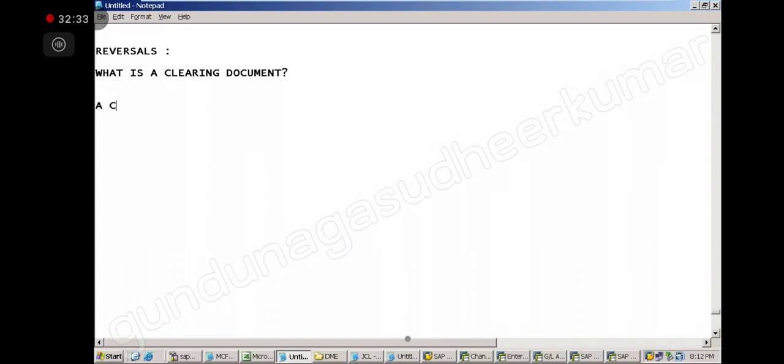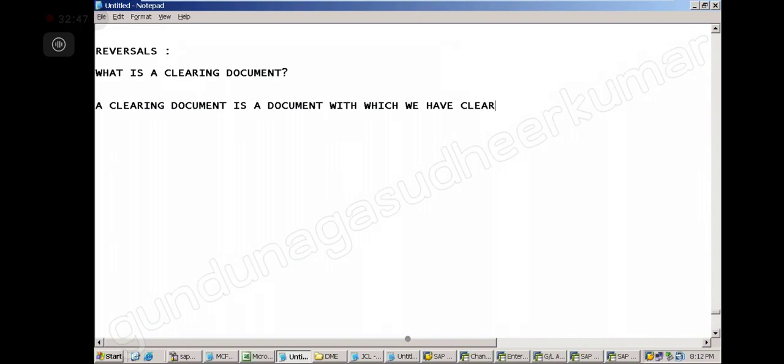A clearing document is a document with which we have cleared an open item.